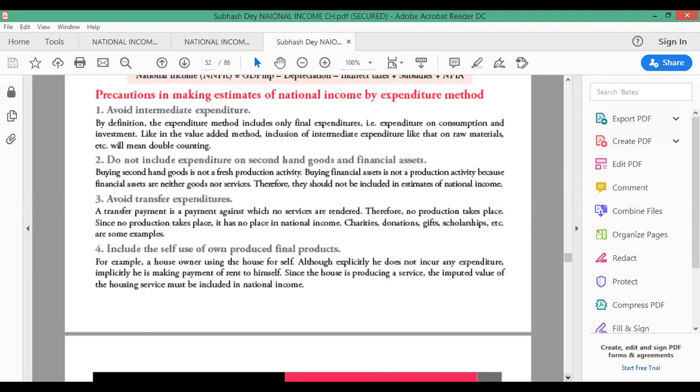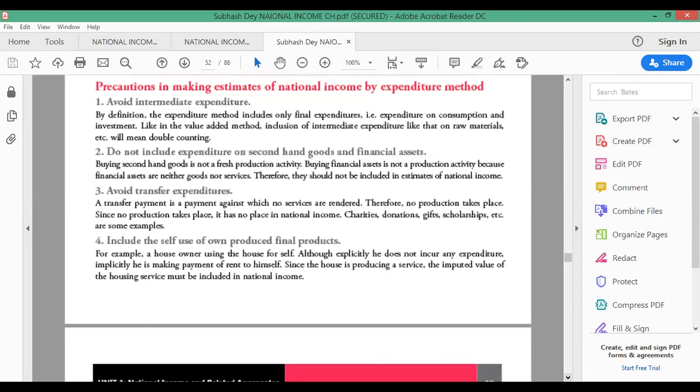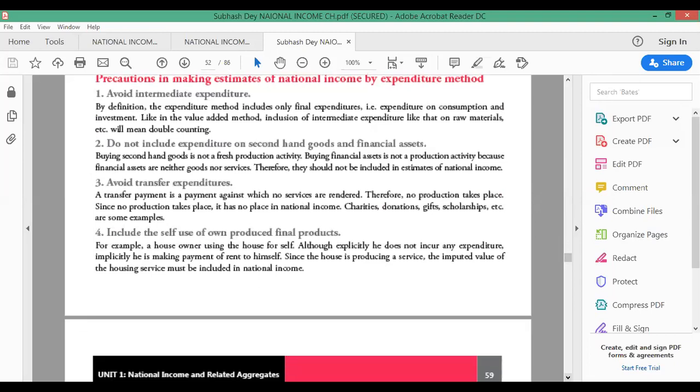So definitely we have to avoid the intermediate expenditures. हमें intermediate expenditures avoid करने हैं, and we have to take out only and only final expenditures. So while calculating the expenditure method, we are taking only the expenditure on final goods and services, and we are avoiding the intermediate expenditures. The second most you can see is do not include expenditure on second-hand goods and financial